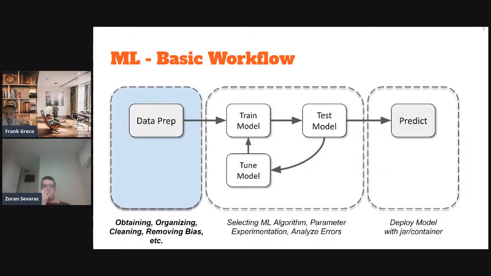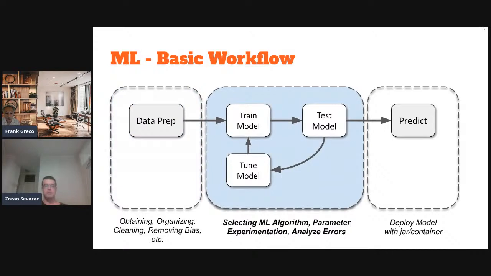If you talk to any data scientist, most of the time of their day is spent in data prep, where you're gathering the data, you're organizing it so the machine could munch through it real quickly. You're cleaning the data, throwing out the outliers. You're removing bias. Data prep is very, very important. Next slide. So once you're satisfied with the clean set of data,